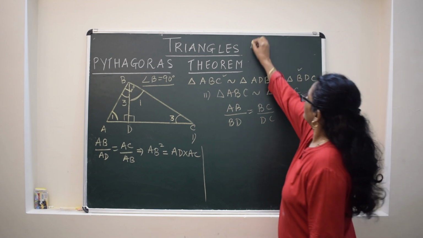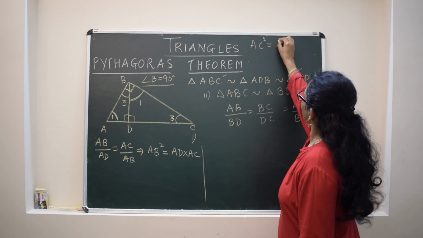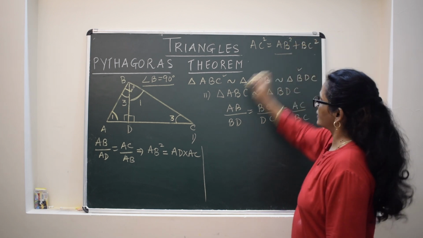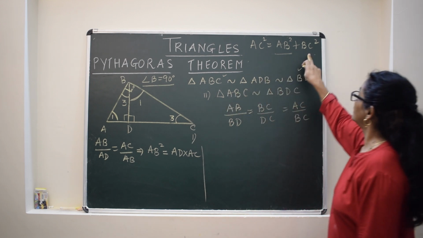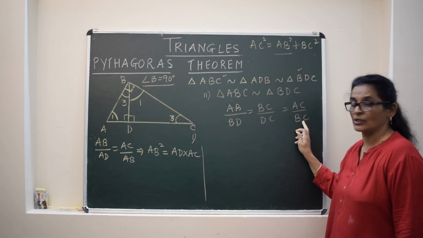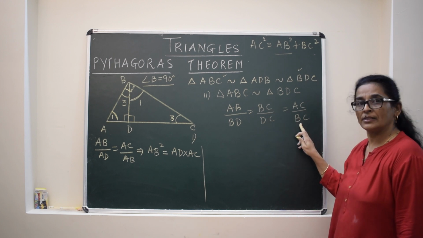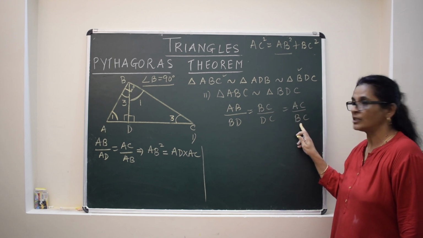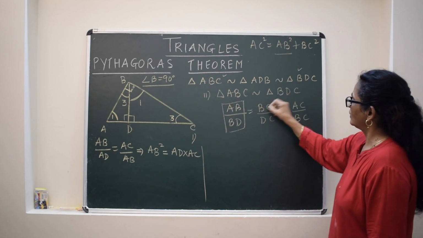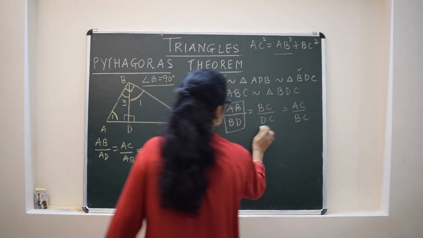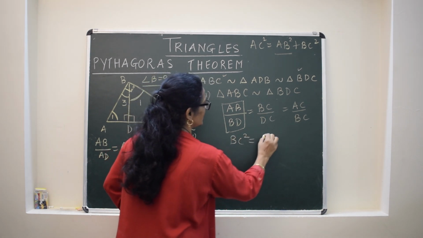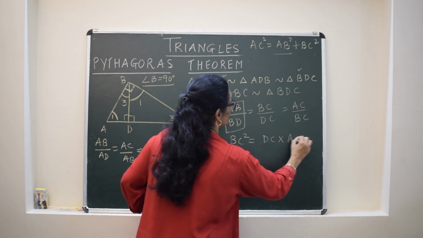Now, our need was AC square is equal to AB square plus BC square. Already we have got this AB square. Now what is our need? BC square. So those two parts we will take, which will give us BC square. So one BC up and one BC down, on cross multiplying we will be getting BC square. So this we will neglect. And what are we taking? BC upon DC. By these two, directly I am multiplying it. So we are getting BC square is equal to DC into